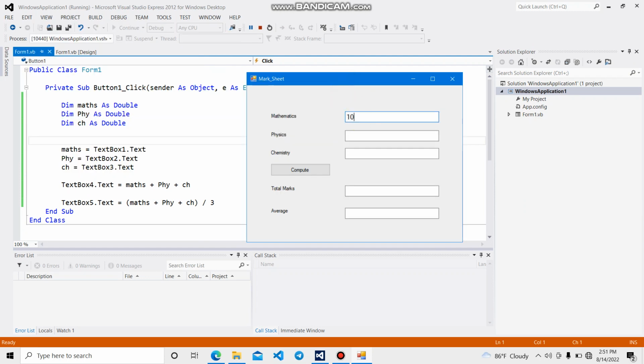If we enter mathematics 10 marks, physics 10 marks, and chemistry 10 marks, then you can see the total mark is 30 and average is 10. Okay, let's check this program; it should work with float numbers. Okay, mathematics is